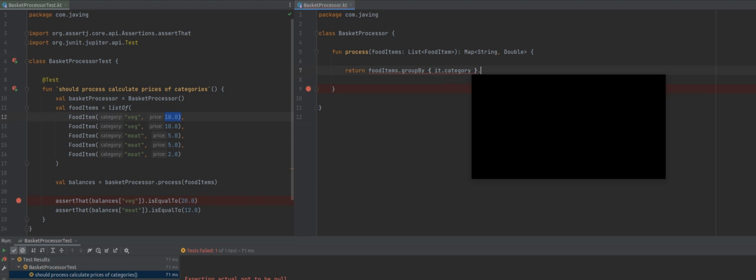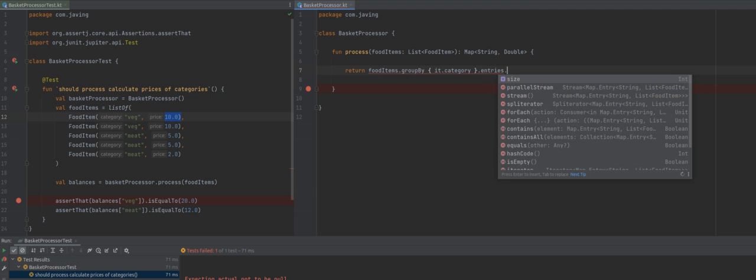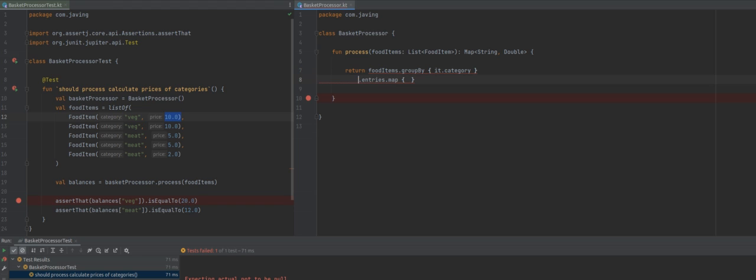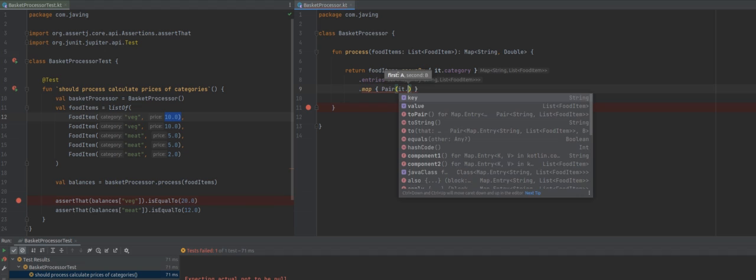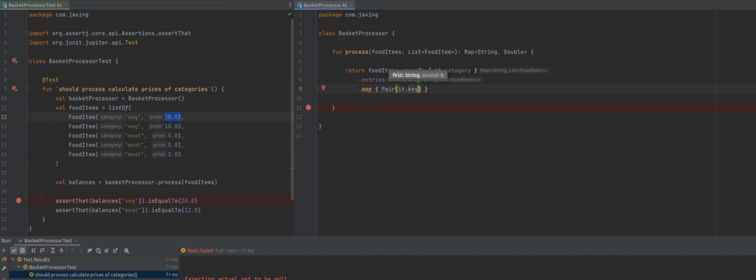by category, and then I took the entries, and I thought, okay, let's use a map, because the map operation in Java is what I would use. But I had a surprise. So in Kotlin, I was thinking, okay, I'm gonna return a pair of, let's say, the key, and then the value,